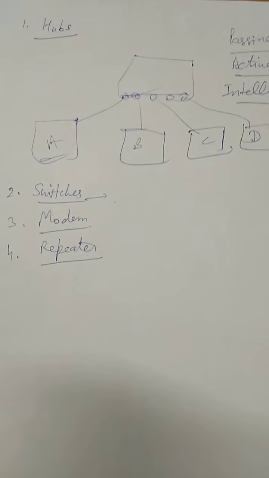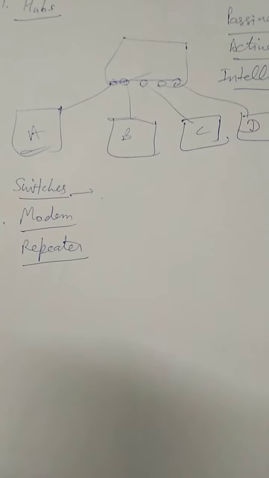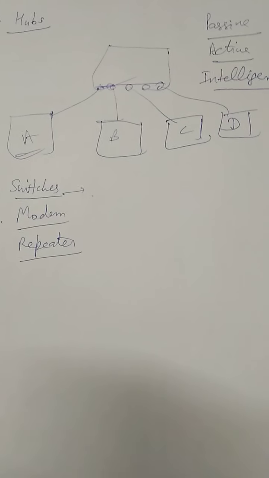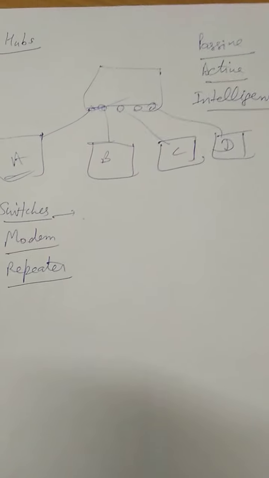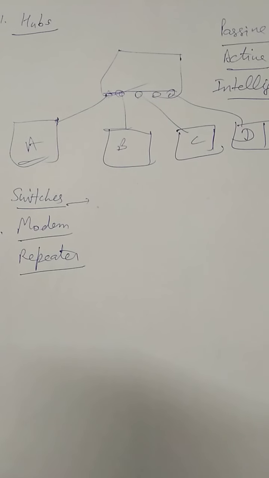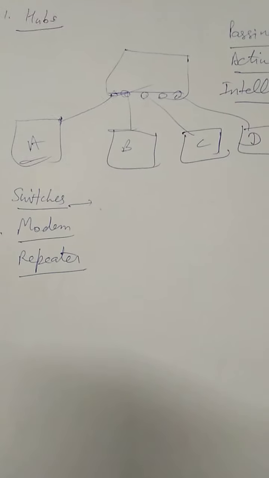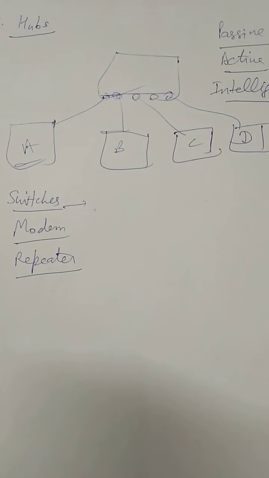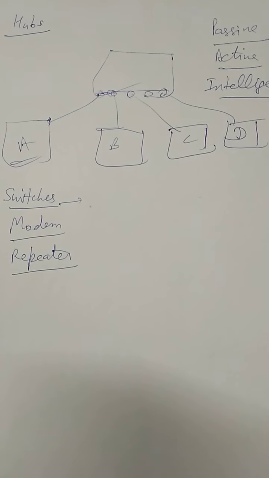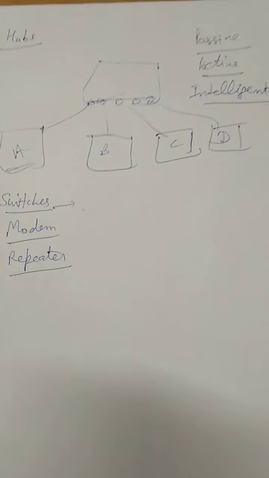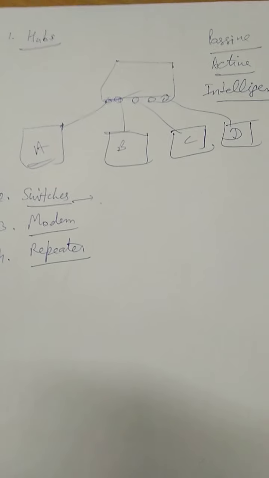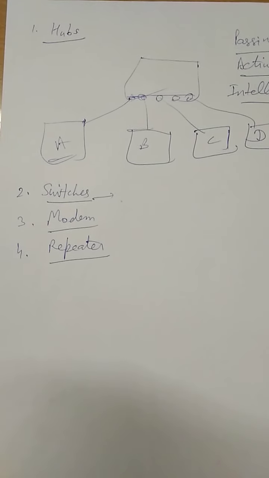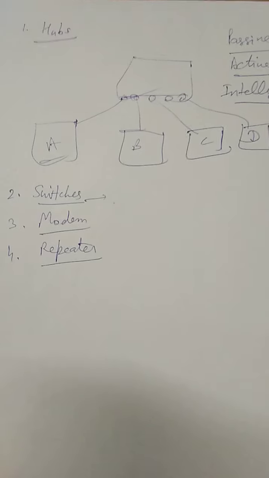Next, fourth is the repeater. As we know, every signal loses its strength when it is carried on some wired medium. The resistance offered by the conducting metal is the main reason for this. Also, every type of wire has a maximum supported cable length. When we have to use longer cables than the specified length, we need to amplify the signal. So the repeater is a device that is used to regenerate or repeat the signal on the wire.